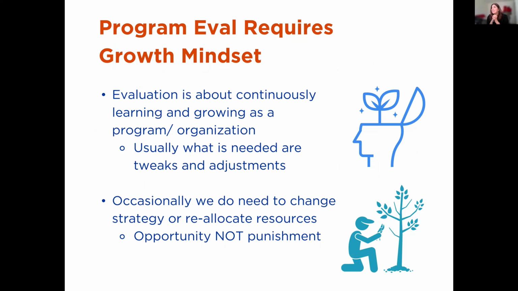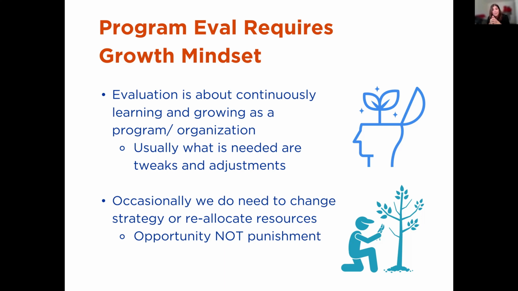Also, just to remind ourselves a little bit, program evaluation, and this goes back to what I was saying about judgments, is not always about penalties and punishment and shutting bad programs down, though it is sometimes about that. Evaluation as a field is really about continuously learning and growing as a program or an organization. Usually what we're needing and usually what we're using evaluation data for is making small tweaks and adjustments to our program to optimize it, make sure it's serving our populations better than it was before, or adapting with the changing times. However, in that same beat, occasionally we do need to change our strategies,